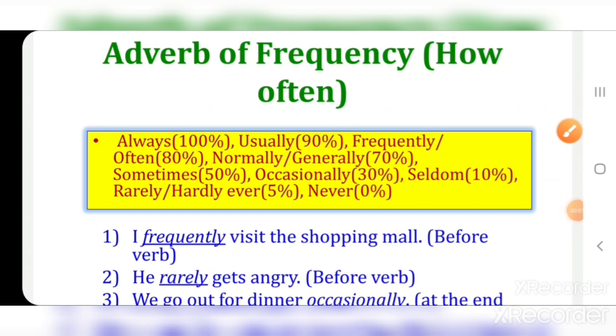Now let's learn an example of adverb of frequency: I frequently visit the shopping mall. The word frequently denotes that 80% of the time I perform that action. Okay, so frequently is an adverb of frequency and it should be used before the verb,